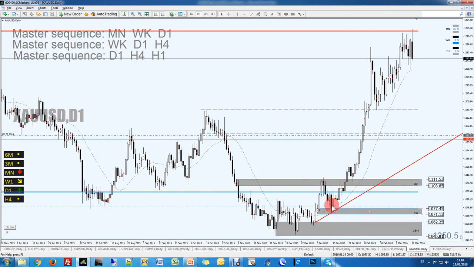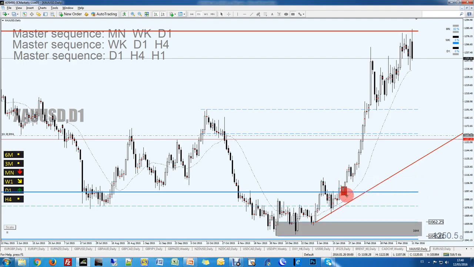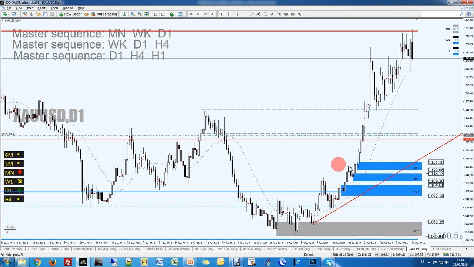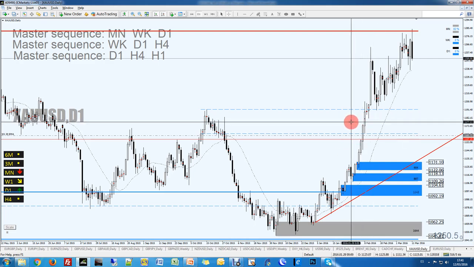I took out this area, and then price is rallying here, and from here we have another one, but price never pulled back to that one. Then we've got another one here, and then this is the daily pre-CP long, and I believe some of us took that one. So here we could have some targets. I'm waiting for that area. So this is daily now, daily 4-hour, and on the way up on this daily we would adjust the trend line like that.